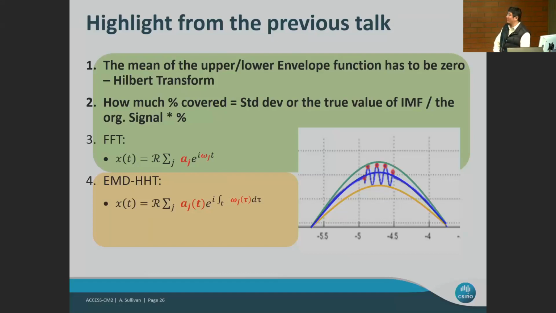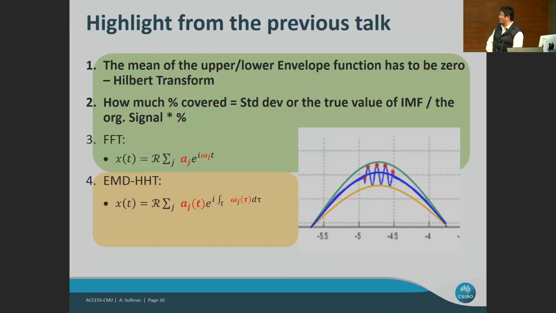And last time Siobhan also asked, when you decompose the signal, what's the percentage compared to the original? Like in EOF, we ask what's the eigenvalue, how much percentage describes your original function. Here, you just take the standard deviation of the outcomes and divide by the original data. That percentage will tell you how much that means for the whole component. The third and fourth, Siobhan also mentioned, but I don't really want to show that, because I think it's too many equations here. But anyway,